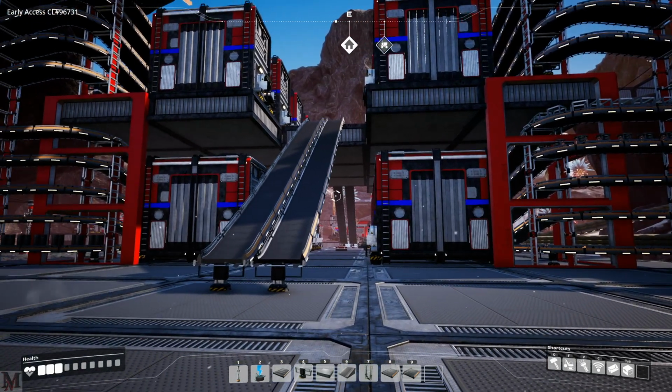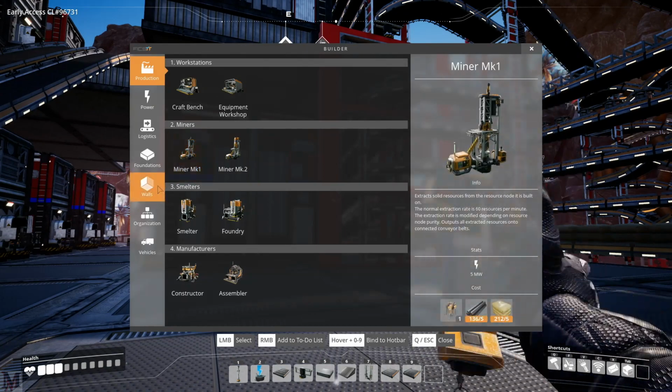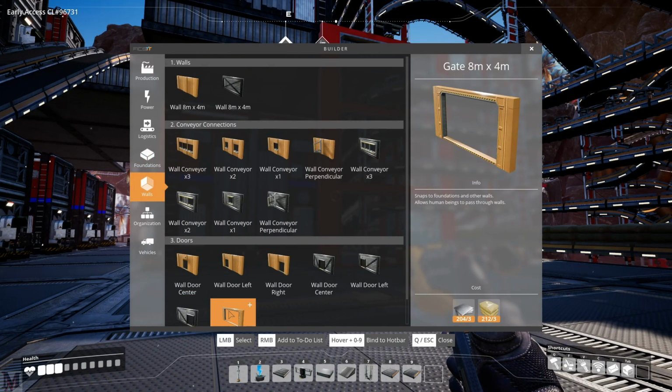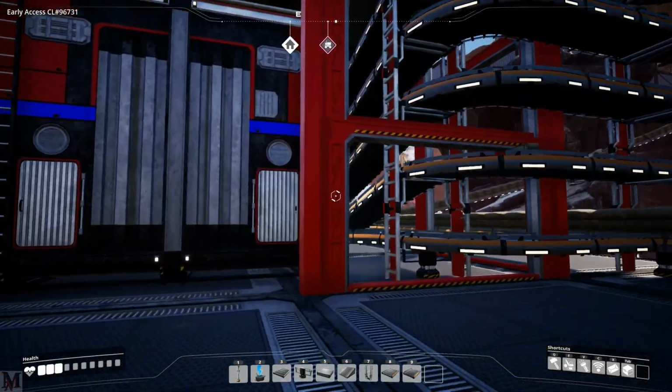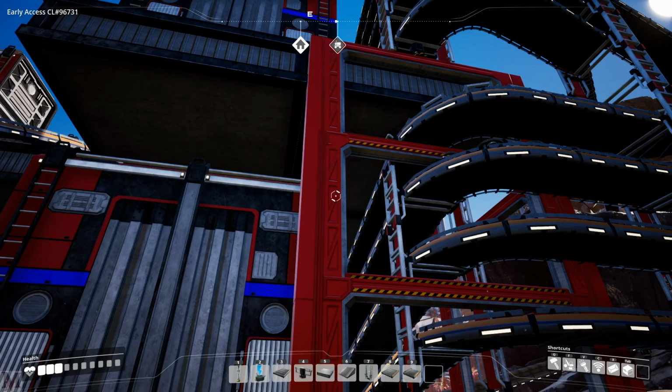I wanted it to be open. It is open. I've used these open walls here. I don't even know what these walls are called. They're called the Gate 8M by 4M. That's it. I've used those to keep it open, but at the same time look like it actually has pillars